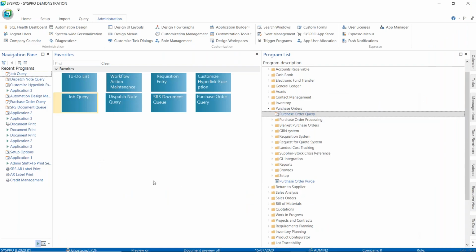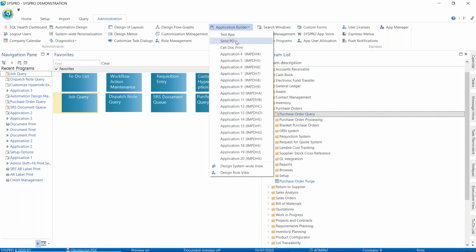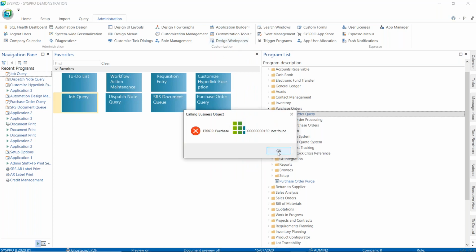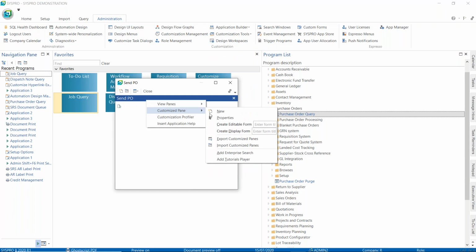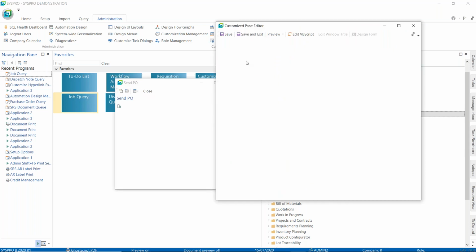So I actually nicked this from the forums. So if you're on the forums, if you search for HTML emailing, you should be able to find this particular example. But what I've got is an application called Send Purchase Order. That's just a little error that's hard coded in there. If I go to the properties,